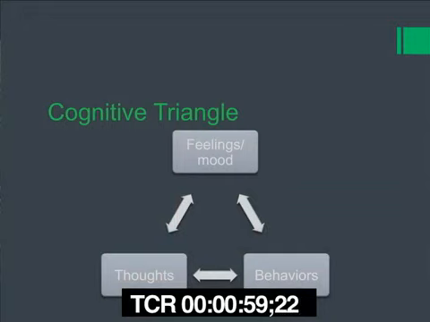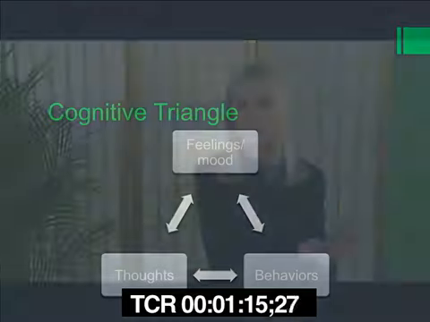So what I want to do is show you this cognitive triangle. What you'll notice is that there are feelings, which is basically someone's mood states or affective states. There are thoughts on another corner, which is basically what you're telling yourself and how you perceive the world. And then there are behaviors, which is sort of what you're doing every day. I think of it as emotions have behaviors that go with them. So when people are depressed, they isolate. That's just what they do. Usually when someone's depressed, they feel fatigued, they feel like they don't have the energy, and so they withdraw. It's almost like they feel like they can't engage.